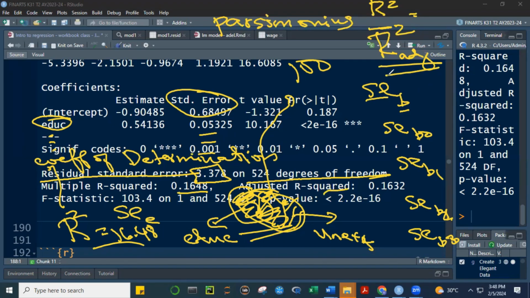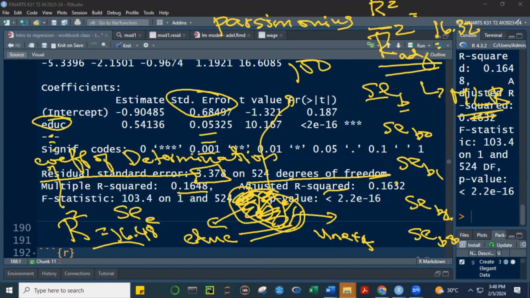Yung adjusted R squared natin, ginagamit yan for multiple linear regression. Okay? So, ganun din, class, yung adjusted R squared. Dagdag yan. Ngayon, 16 point, where's that? 32. Okay? If we add more variables, tataas yan. Yung 16.32 niyan. Until it reaches a point